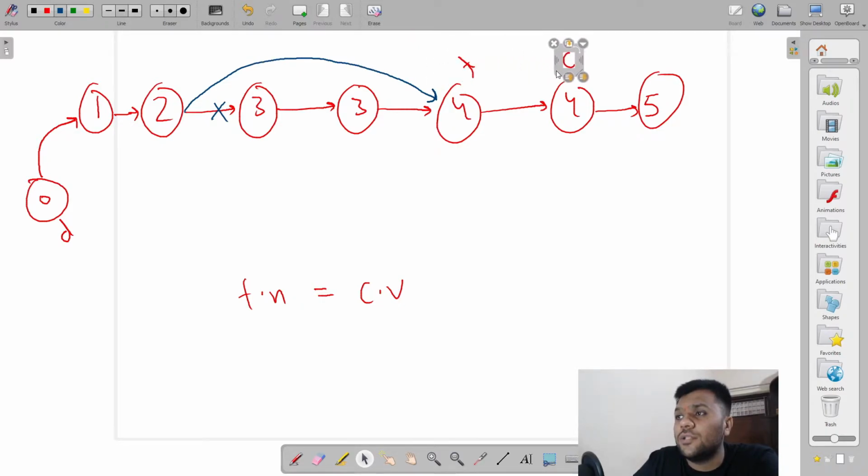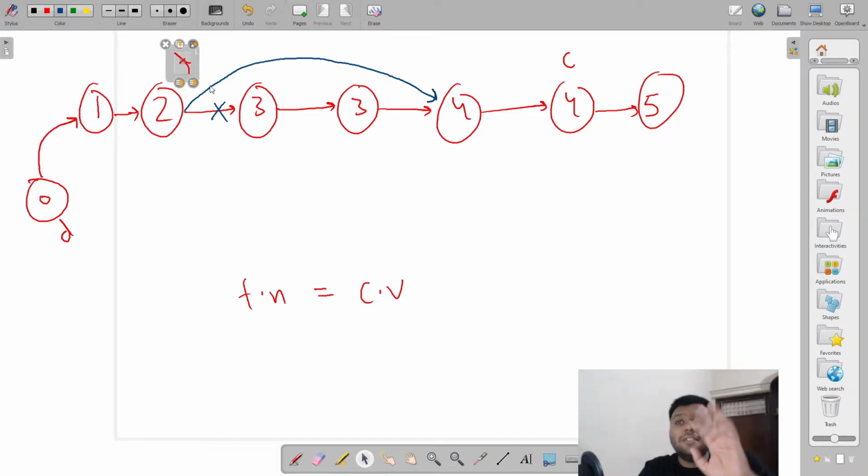My current will reach the next one. Now it will check, is my temp similar to my current? It will say yes, they are still similar. So instead of moving my temp, I will just leave it over here. I will check, is my temp dot next similar to my current? It will say yes, they are still similar. So before, we were thinking this is a potential unique element. Now it's not the potential, it's a duplicate.